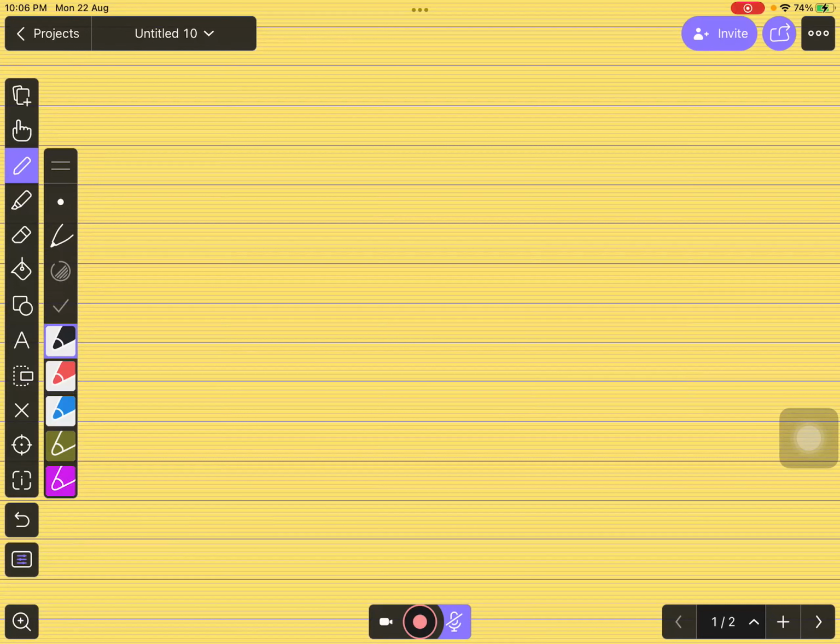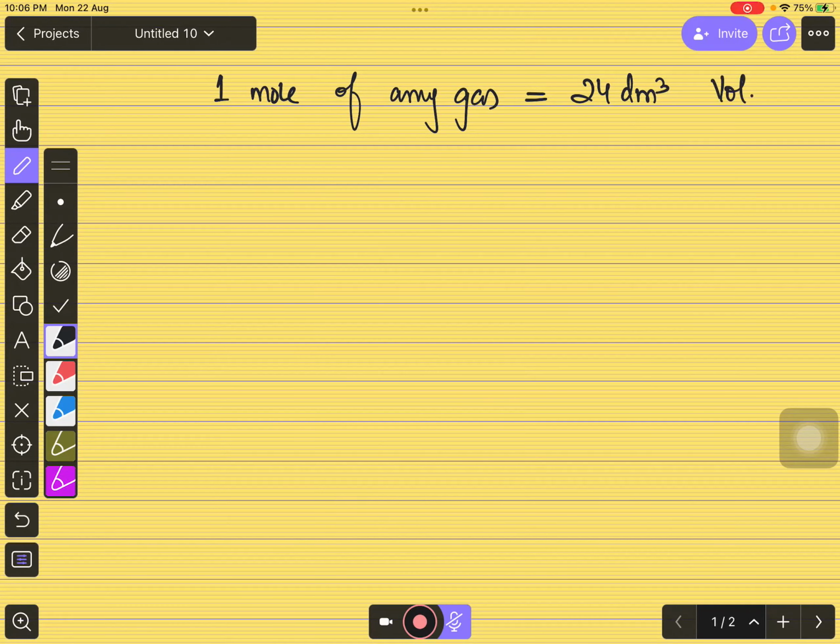आपने देखा होगा कि आपके पास O Levels का जो periodic table होता है उसके लास्ट में लिखा हुआ होता है 1 mole of any gas. क्या लिखा होता है? 1 mole of any gas at room temperature and pressure having 24 decimeter cube of volume. इसका मतलब ये होता है, if you have 1 mole of any gas it will always have 24 decimeter cube